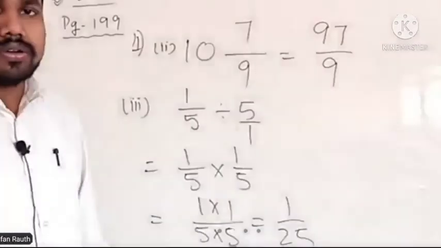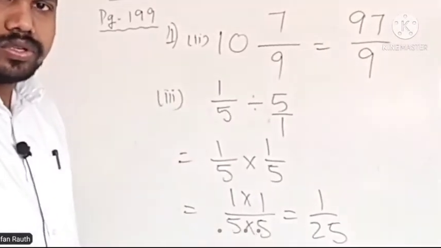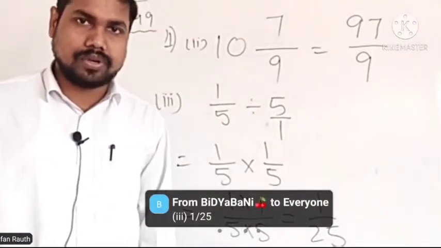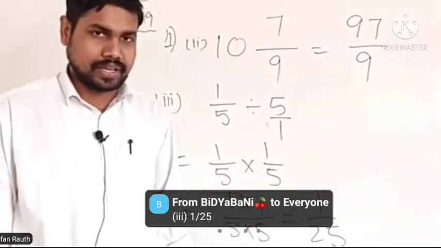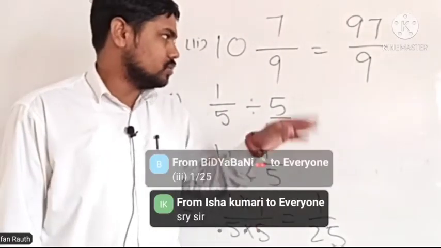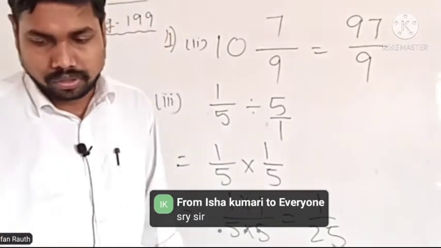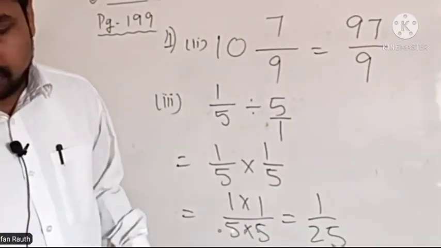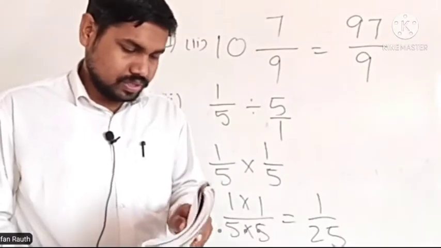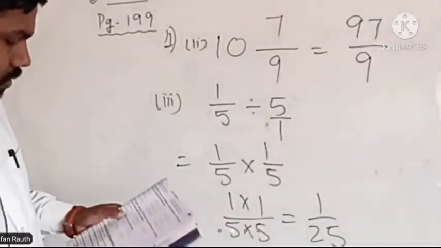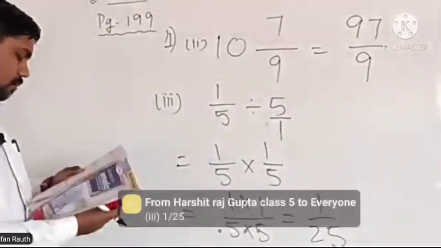Okay, so in this way, very easily you can do 1 by 25, very nice. Very easily in this way you can do any questions related to multiplication and related to division. Okay, so next we have the 4th and 5th. The 4th and 5th are also very easy. So let us take one among these. So let us take 5.